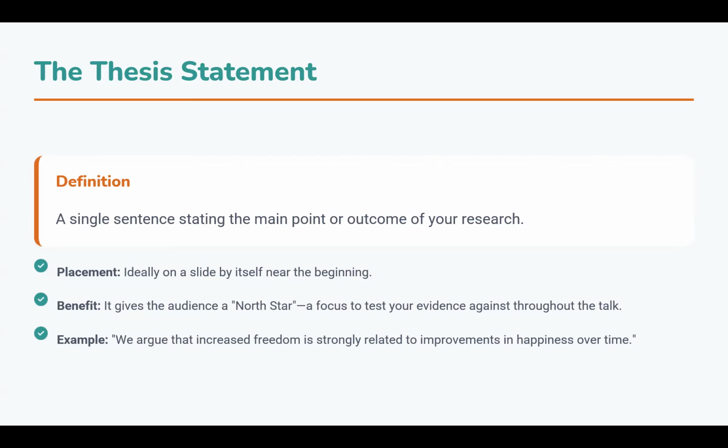So give the spotlight to your main finding at the beginning. We call it thesis statement. And from the thesis statement, reflect back how you reached that thesis outcome, right? Well,